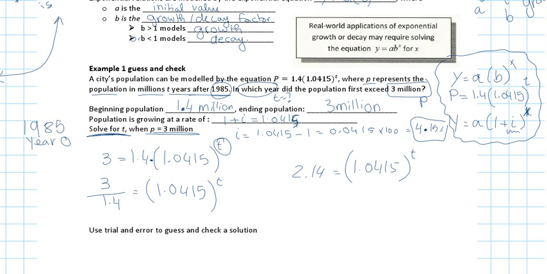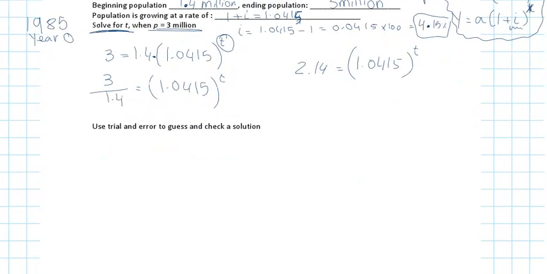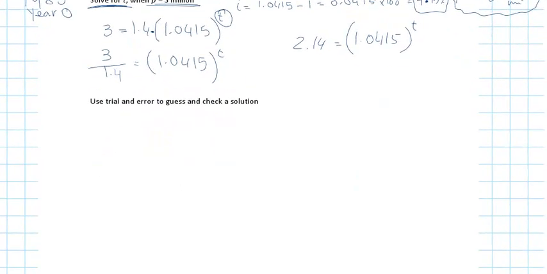So in this case, I'm going to have to do trial and error. Trial and error means plug in values for t and do 1.0415 to the power of that, until you reach an answer that's close to 2.14. So give me a number for t. Give me any. Let's start with a value. Okay, 2. So if I do 2,